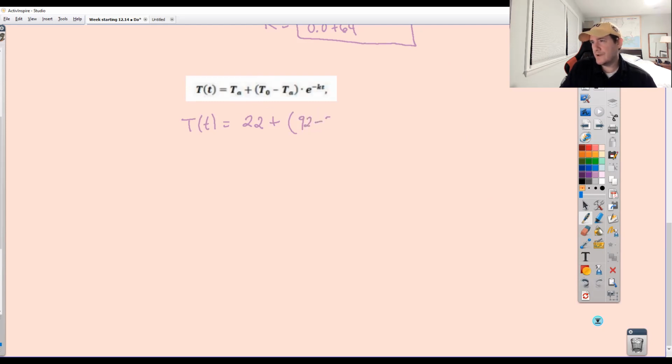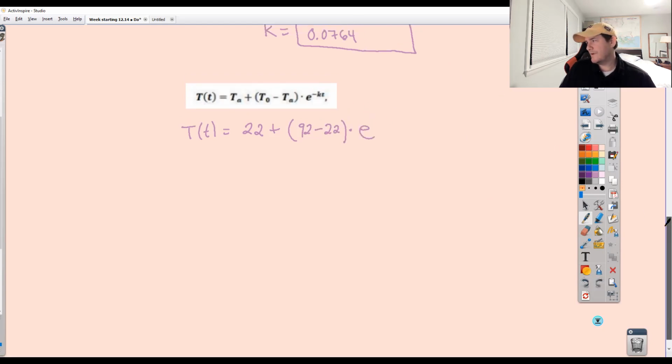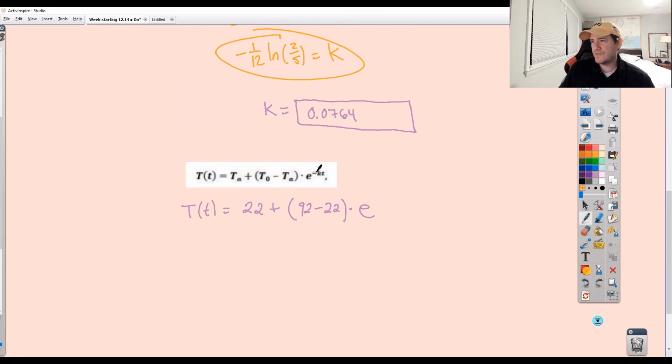92, take away 22, multiply by e to the... all right, again, I reiterated this in class, but I'm reiterating it again. Notice the equation already has a negative built into it. The value of k also has a negative built into it. That means when I substitute in, I'm gonna get negative, negative 12. The negatives cancel. So go ahead and just let that negative cancel. You get 1/12 times the ln of 2/5 times